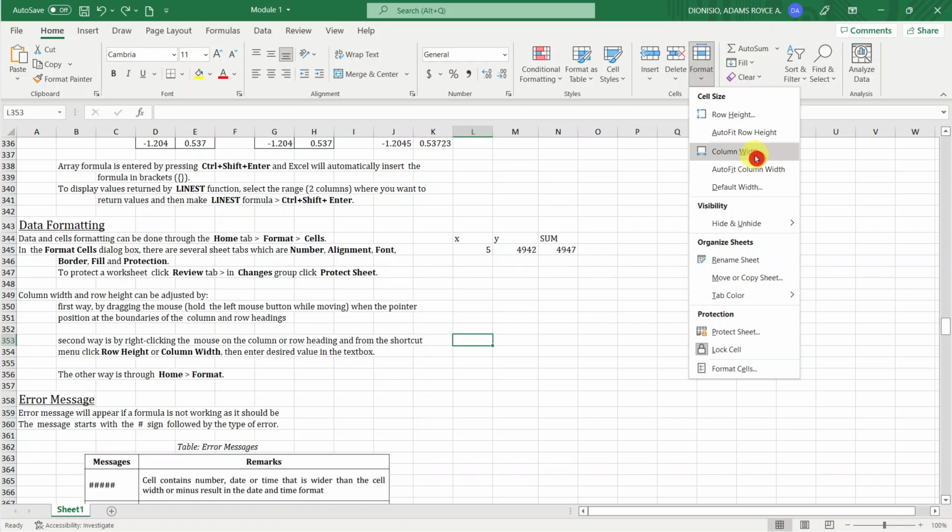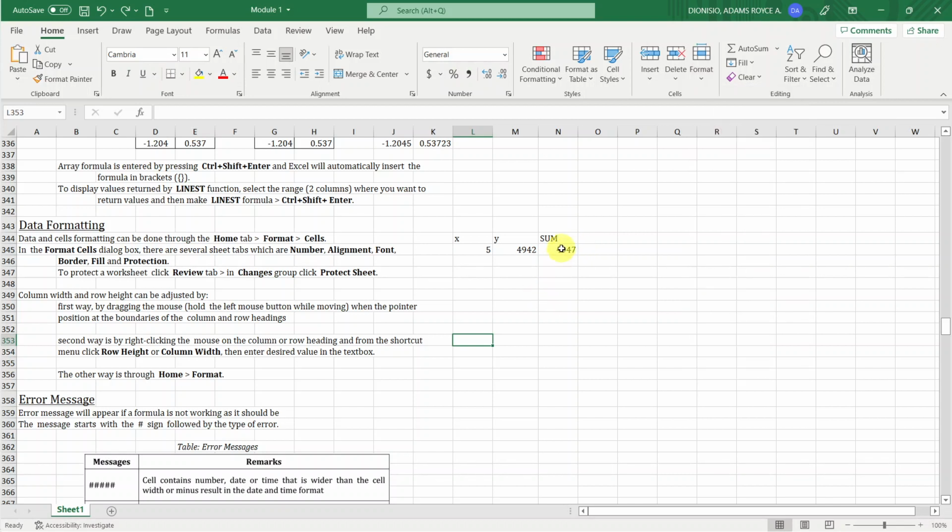Okay? Or pwede mo rin gawin is i-auto fit mo yung row height or column width doon sa laman ng cell mo. For example here, kung gusto mo naka-fit na yung width ng column mo dyan,